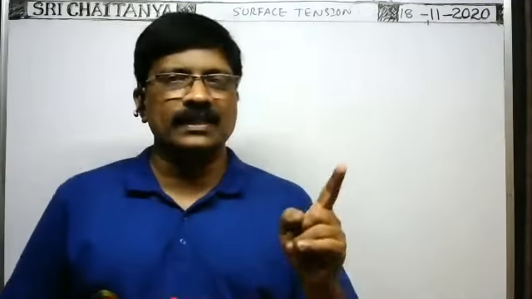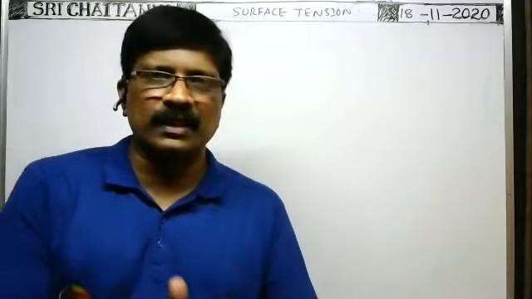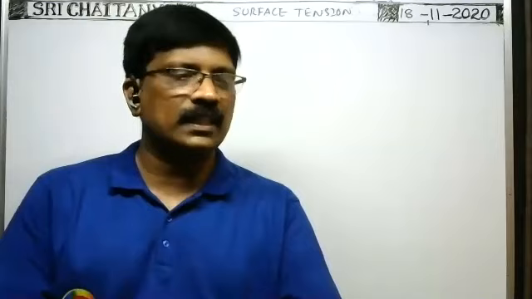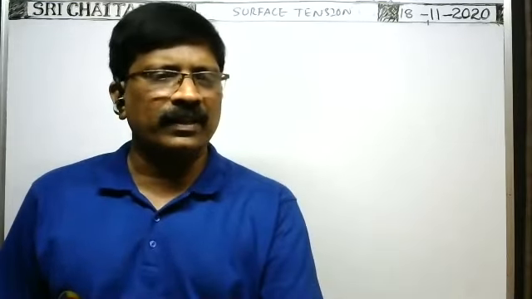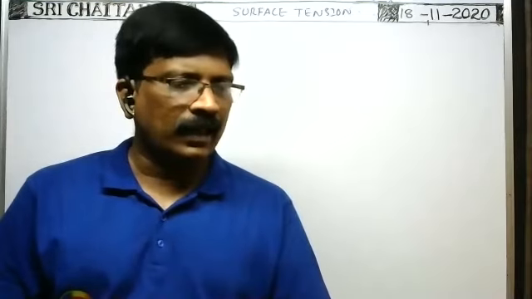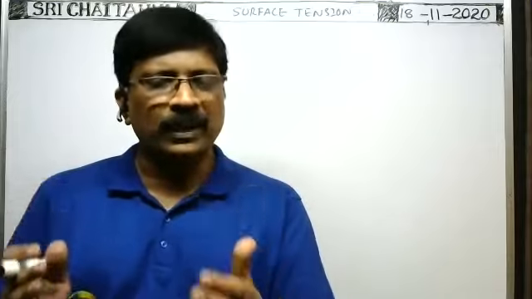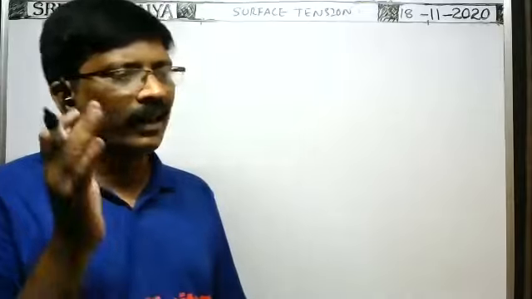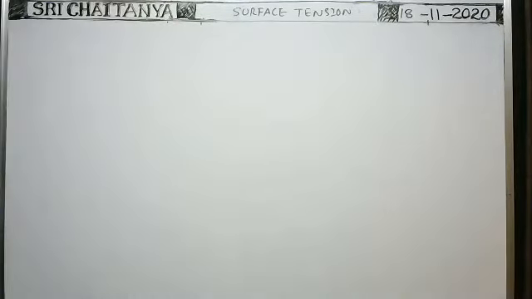If the angle of contact is greater than 90, when cohesive forces are stronger than adhesive forces, such liquid does not stick to the solid surface of the floor and does not spread over the surface of the floor. Suppose when mercury falls on the floor, that mercury splits into droplets and they acquire a spherical shape because of the surface tension property, but they cannot spread over the surface of the floor because cohesive forces are greater than the adhesive forces. Okay. Next,